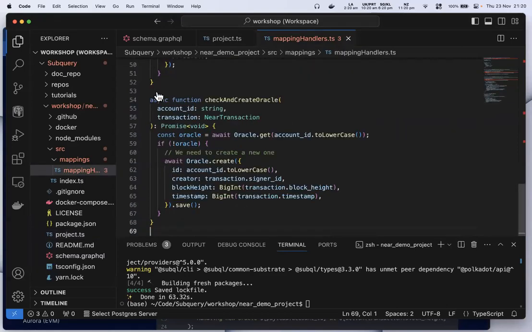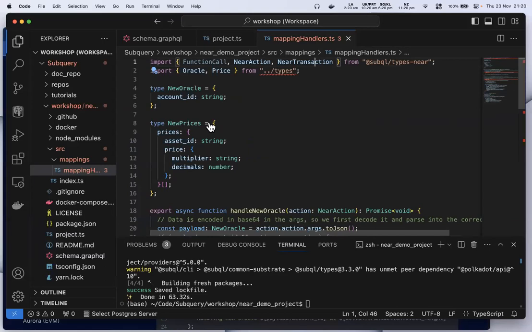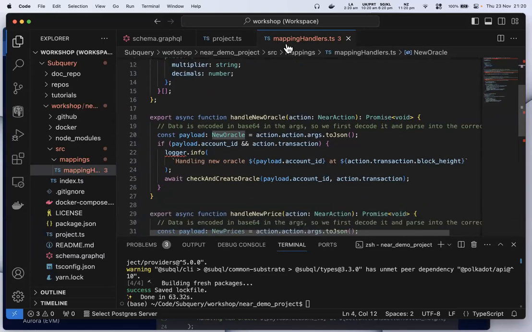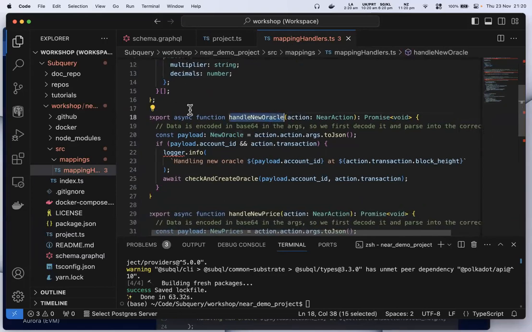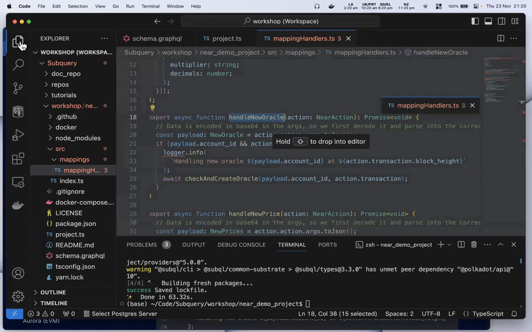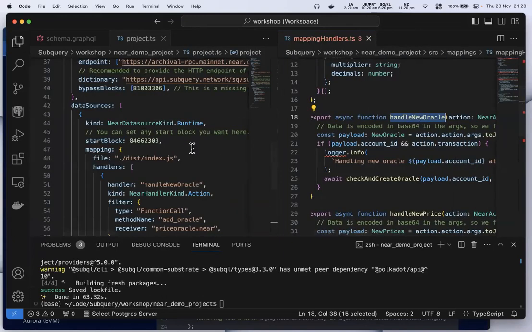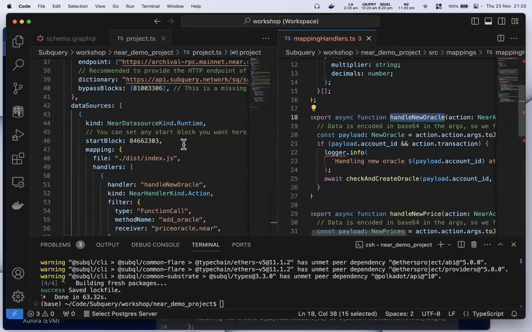And then I've defined two objects up above, new Oracle and new prices. But the interesting part comes down in my functions, right? I've got my handle new Oracle function. And if I put this to one side, you'll see that the handle Oracle function name corresponds to my handle new Oracle handler, right?